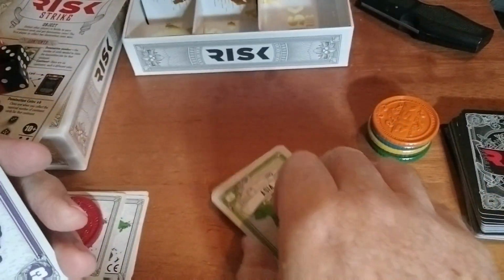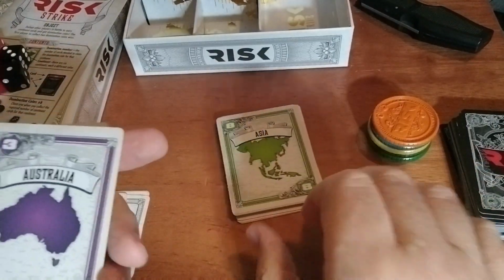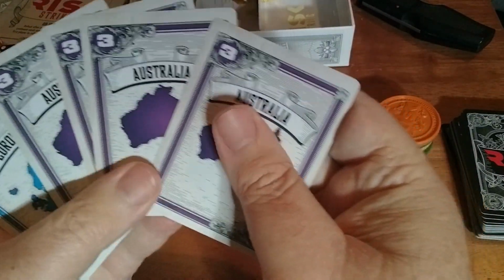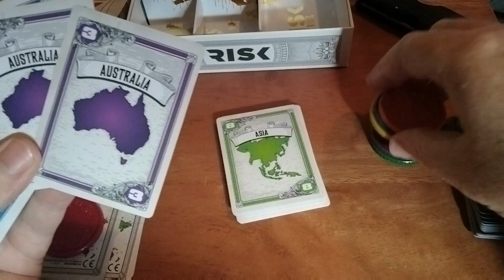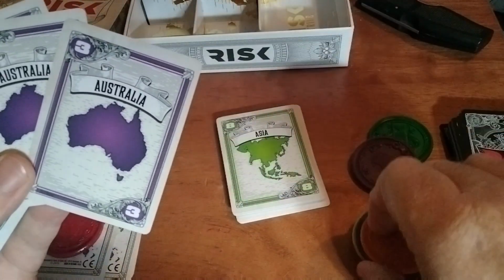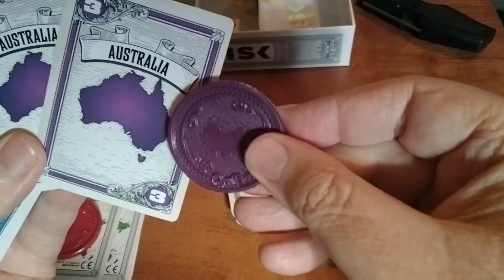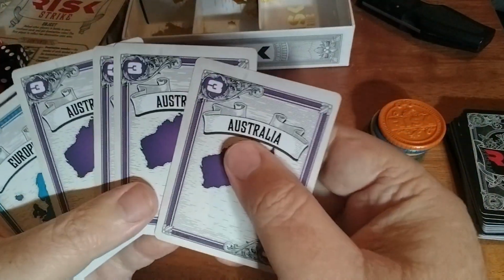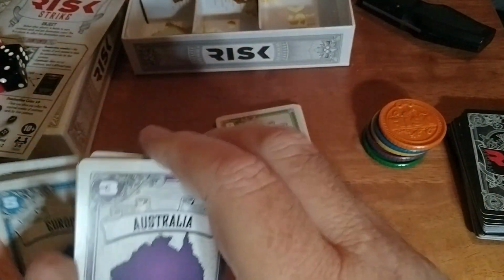But you need 8 to dominate Asia. There are 10 of those cards: 1, 2, 3, 4, 4 for Australia. I love how the tokens are spot on, purple to purple, looking really good there for the domination tokens. So you need 3 of those in front of you to gain their domination token, 3 out